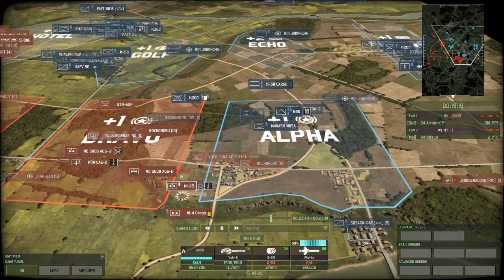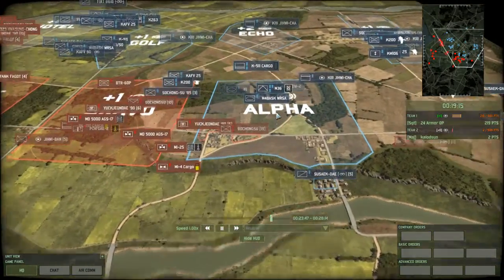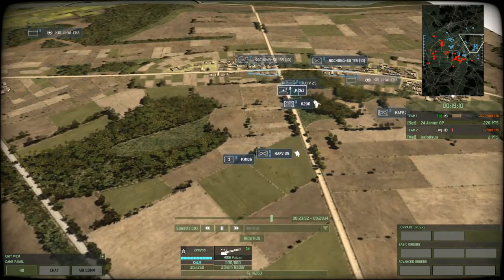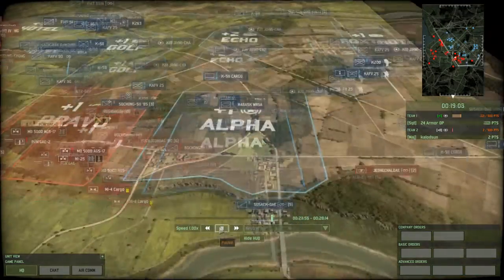Oh, it hit 2 missiles in a row. That's a miracle. Oh, and it misses. Alright. Mistral and K263 coming out from 24 Armor OP. Looks like he definitely wants to...